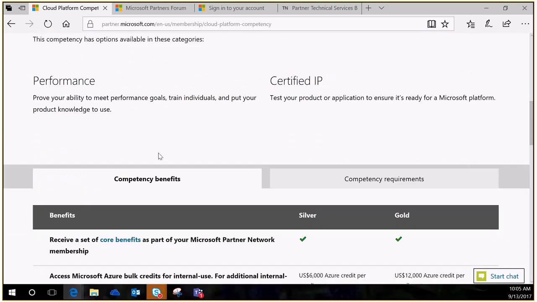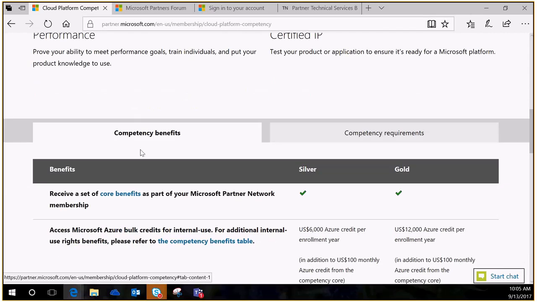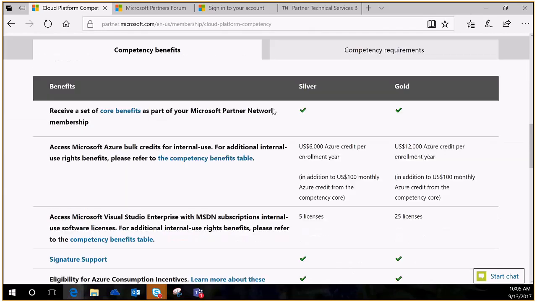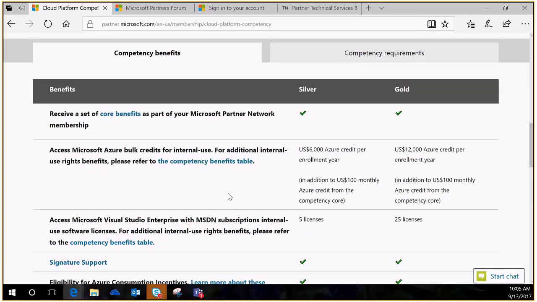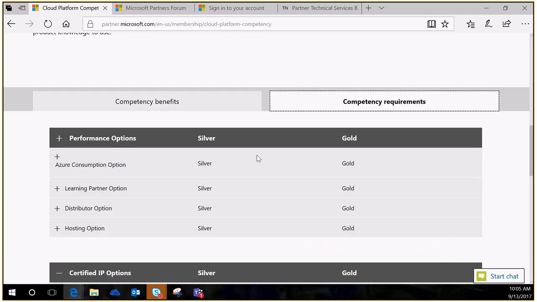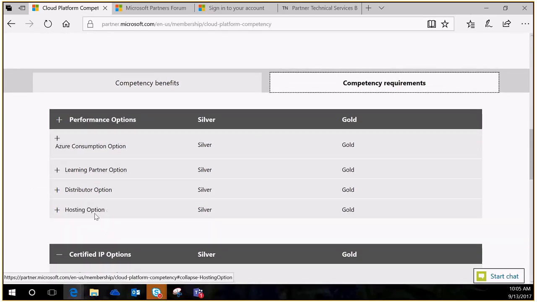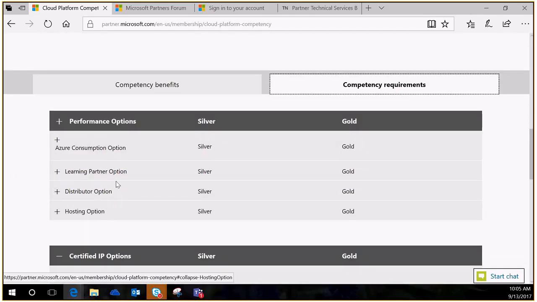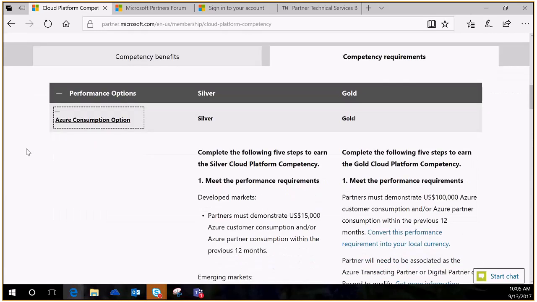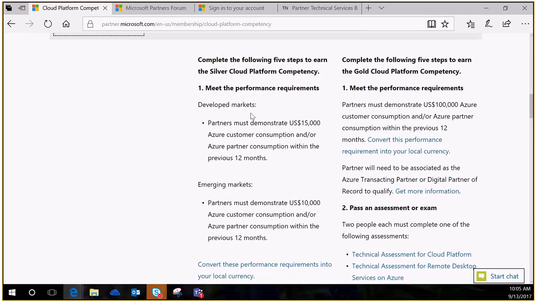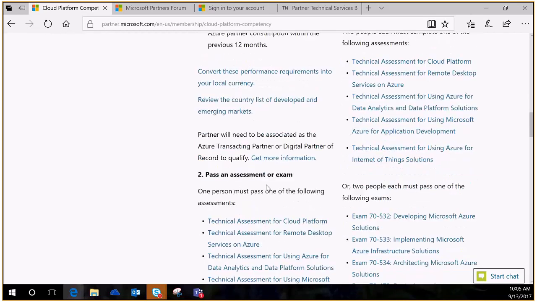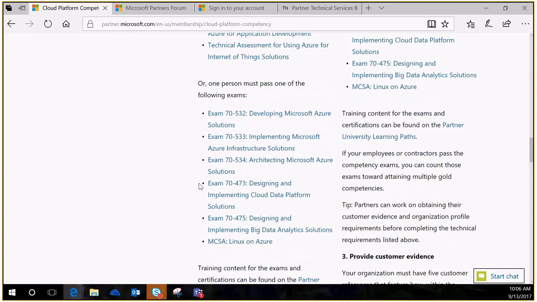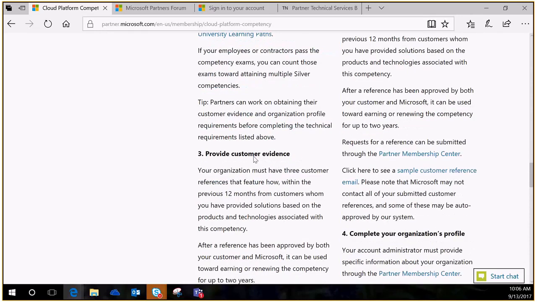And you'll see the right options. And you'll have benefits and requirements on here. What benefits do you receive for a competency? This is the core benefits. And also for silver and gold, and these are the requirements. So there are different options to get to a competency, and there are different options that are coming soon. So hosting, distributor, learning partner, and if you look at the Azure consumption option, it'll tell you what the performance requirements are, what exams and assessments you'll need to pass, customer evidence,